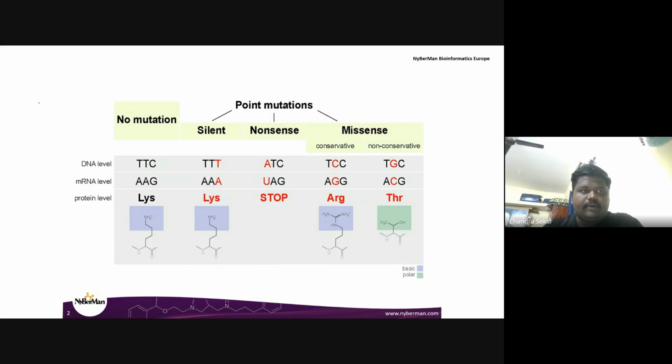Triplet code, which I also showed you. That's the reason we need to go through the basics. Three bases make the code for a particular amino acid. Correct? Now we are going to look at the mRNA level. What happened? There was a small change. See, instead of